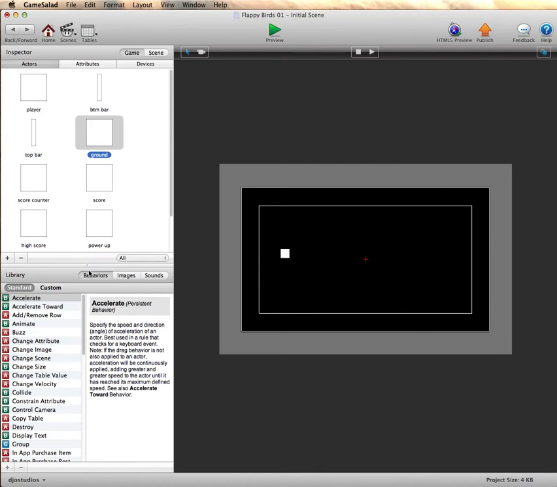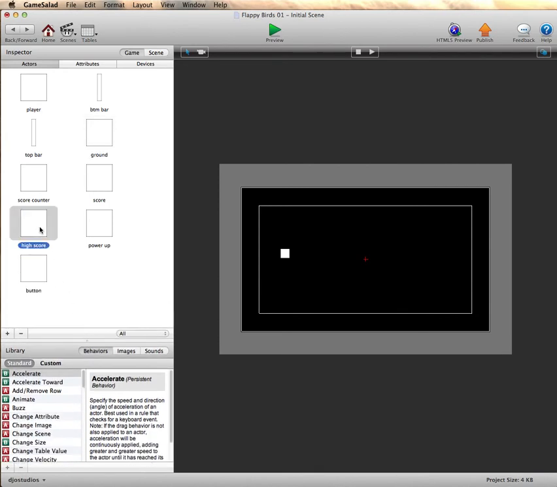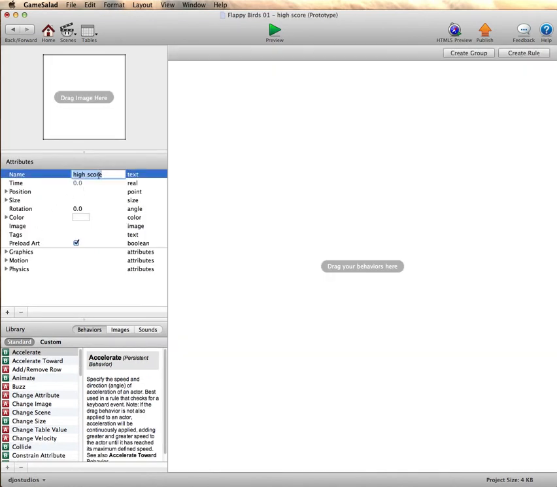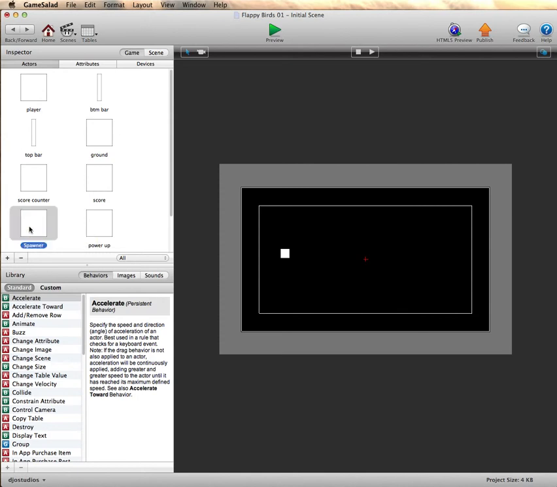And I notice I made a bit of a mistake here with this particular actor. It should have been called spawner and not high score. So I'm just going to go in and make that correction right now, because we're going to need the spawner for this next set of steps. So again, I've changed high score to spawner, and spawner is going to be basically the little engine that generates the bars and also addresses the random positioning of the gap in between the two bars that we're going to try to move our little player through. Okay,